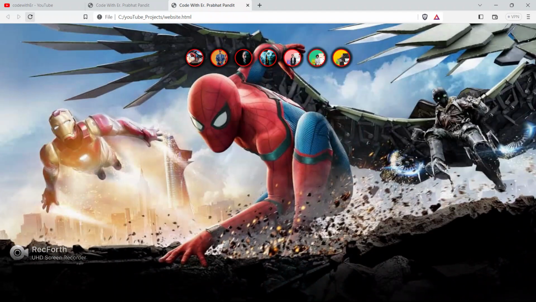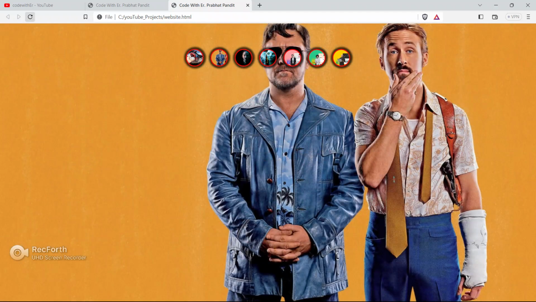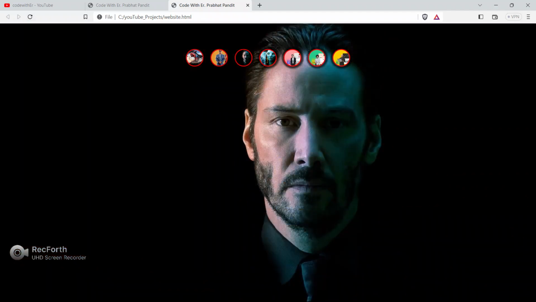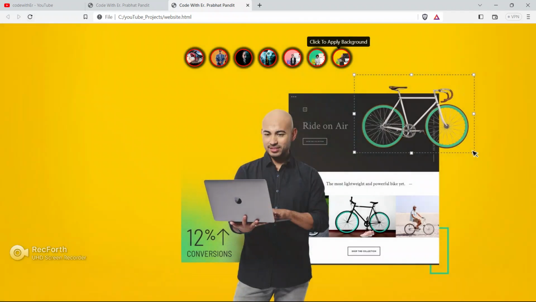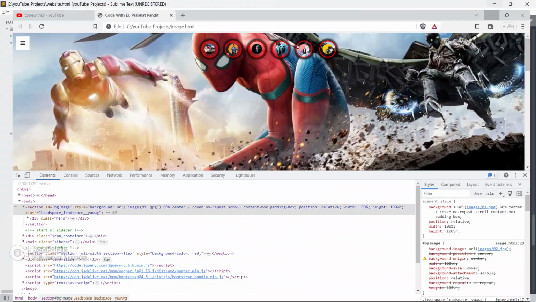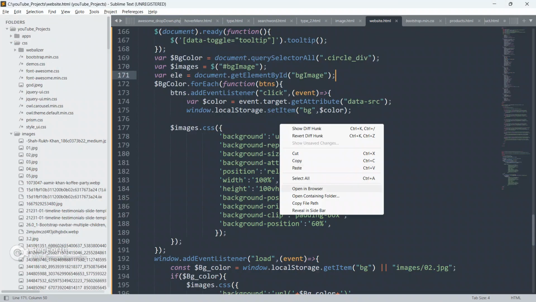See, refresh the page. Boom guys, we got our desired output. After refreshing it will remain the same. So as of now, I am putting this bald guy. I am going to cut this page now.